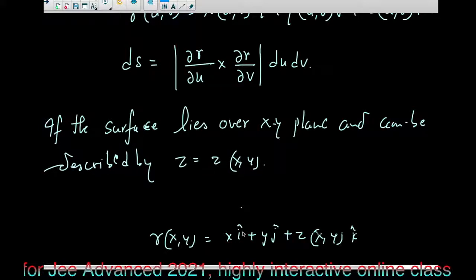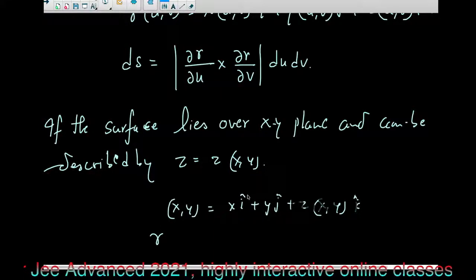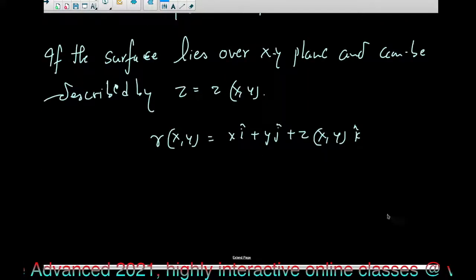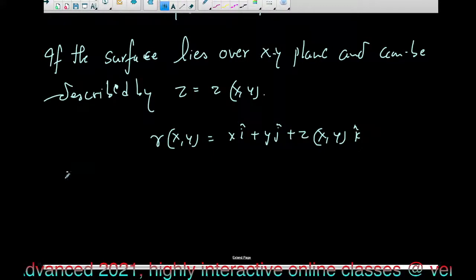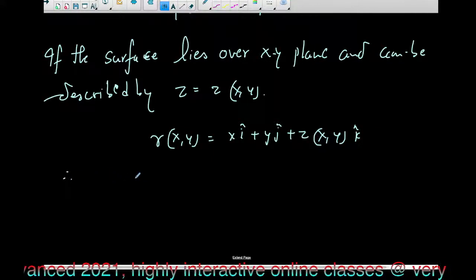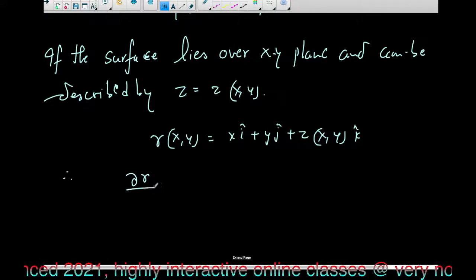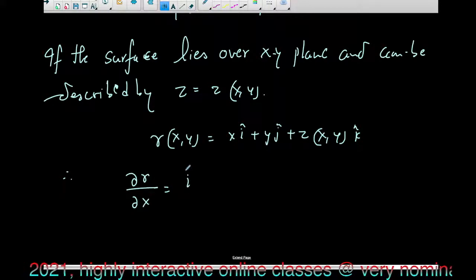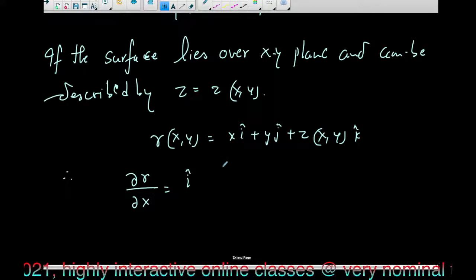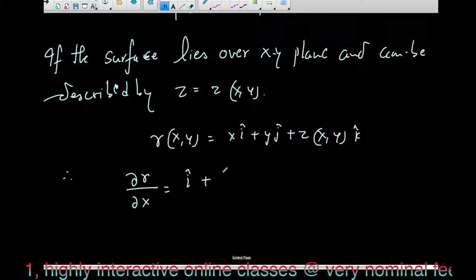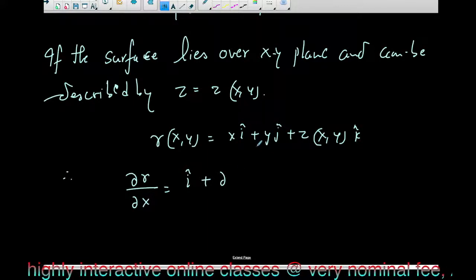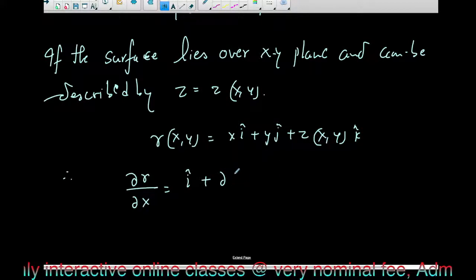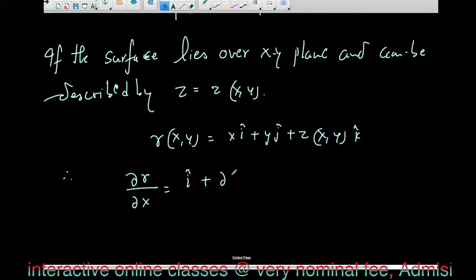Spread by z. So let's say this is r. Clear? So therefore, what we consider here, we can say that del r by del x is equal to I, the unit vector, since the x differential is 1, plus del z by del x. This function is here, so we say del z by del x, because here that